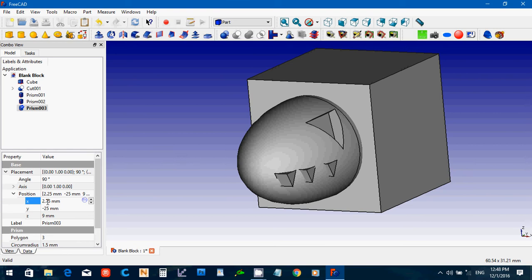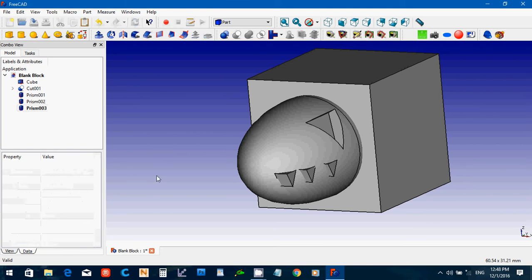Now what you might want to do is go in and rotate these teeth so that they face more in, because it's a curve. Now, because we've already rotated the triangle 90, what you're going to have to do is